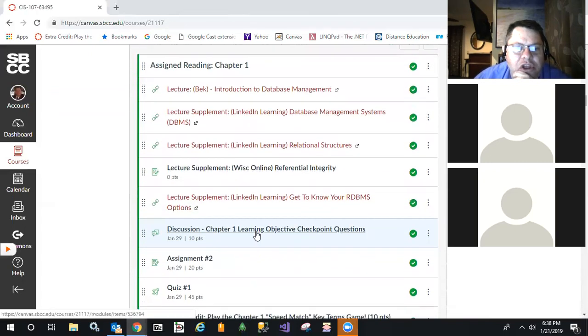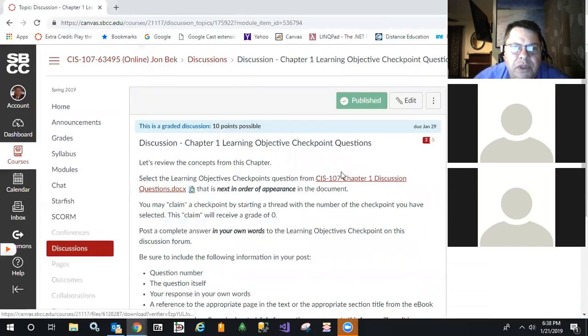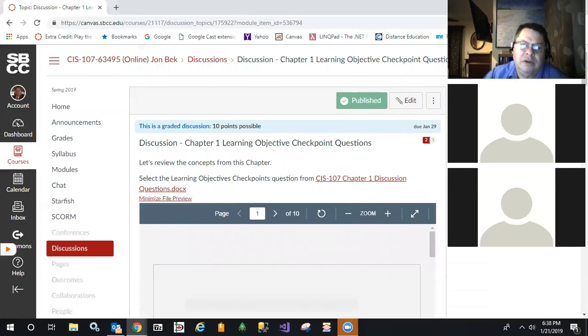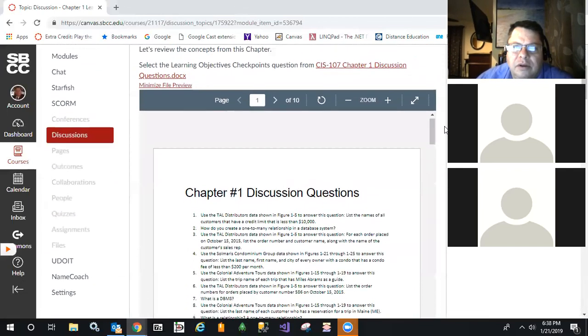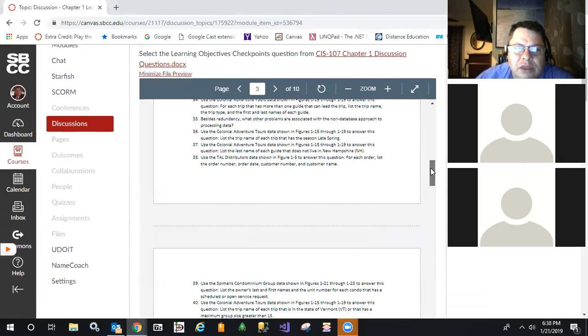Okay, so the learning objective checkpoints, chapter 1. If we're really going to show that, I know you said to look at your pages. So it says shown in figure 1-5, and if you scroll all the way to the bottom here, you'll